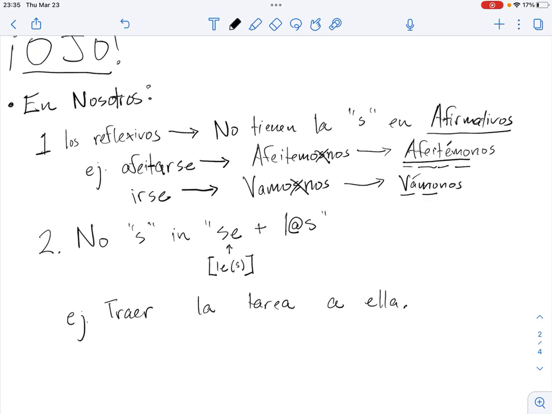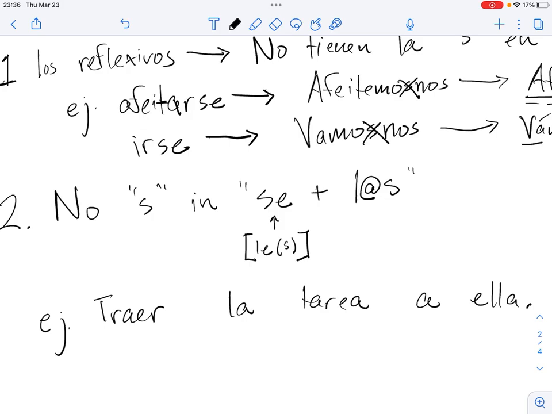That's where it comes from. When you use irse, which is sort of like "to go," but it's more like salir. It's more like "let's go," as in "let's get out of here." Vámonos. All right, so that's the first little thing to watch out for. We drop that S there. We also drop the S